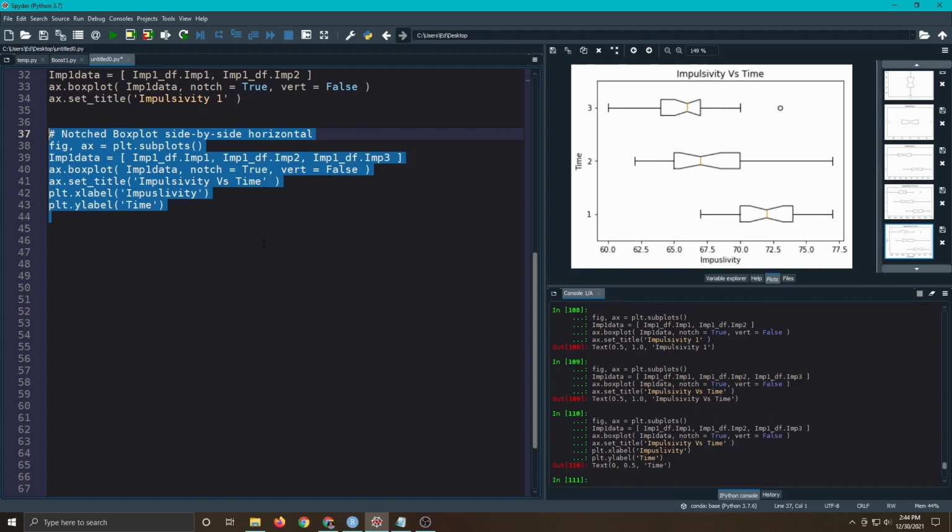So here we've broken it off by time, but you could easily do this by treatment, not treatment, and so on. So anyway, this is our first stab at Boxplots, and I probably won't do another video on these because this kind of covers most of the things, and you should be able to jump in and learn from here on your own. All right, so we're done with Boxplots, and we'll start